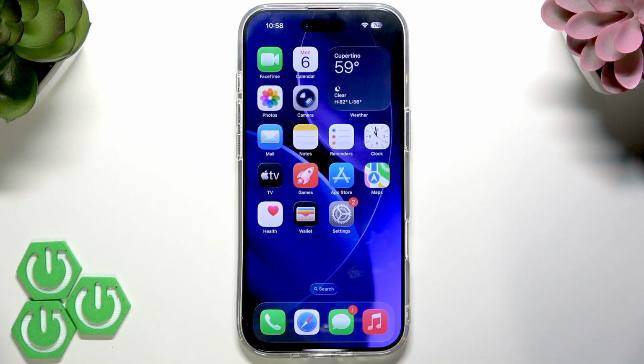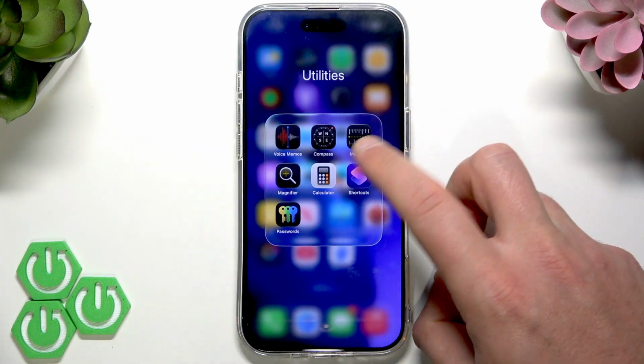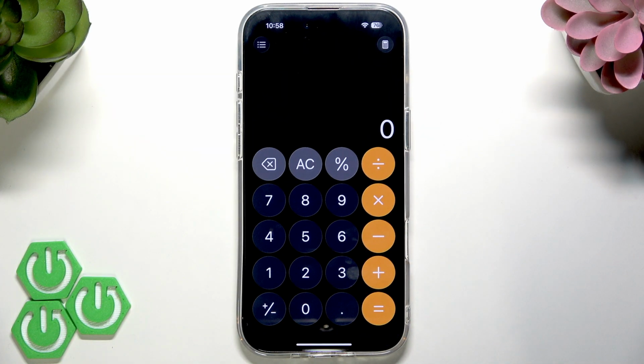Alright, so at the very beginning, let's open the calculator. All you need to do is open Utilities, choose here Calculator. It's like the default location of your calculator. As you can see, this is like the simplest calculator that you can use, but if you would like to